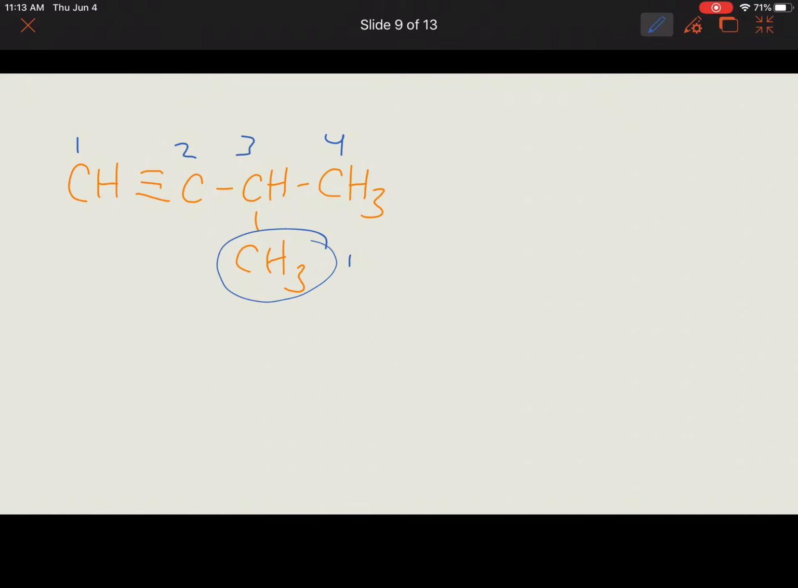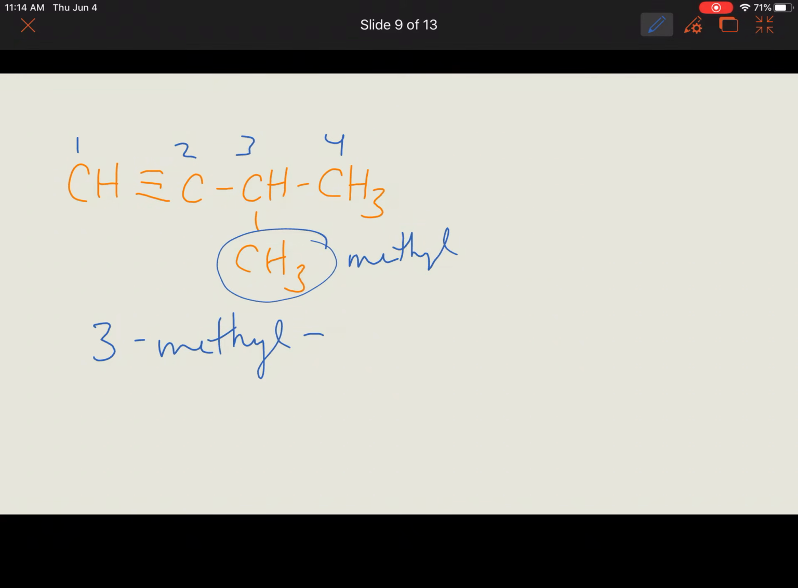Okay, looking at this, again, you're going to start numbering the longest chain from the end that is closest to where the triple bond is located. So in this one, clearly it's on the left here, so I'm going to go 1, 2, 3, 4. That is my radical here, and again, I always circle it just so I don't forget about them. So 4 carbons in a row is but, the prefix, and the ending for this is going to be butyne. So the name of this molecule,